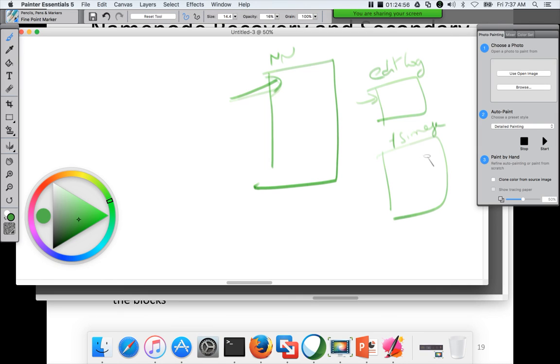This fsimage will be refreshed at regular intervals, which will represent the name node snapshot at that point in time. So let's say fsimage is created on T1, and then fsimage is created on T2. T1 is, let's say, 10 a.m. and T2 is 11 a.m.